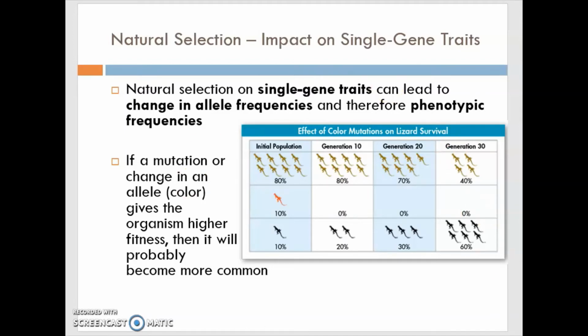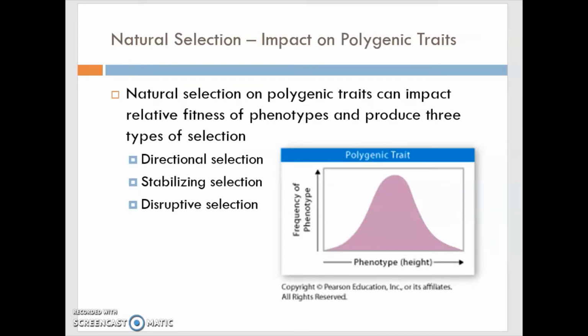A polygenic trait is a trait that is controlled by many genes. Whenever we look at this, we look at it as a bell curve. Normally it's a standard bell curve where most of the population is in the middle with the phenotype. But we have stabilizing selection, directional selection, and disruptive selection as three different pictures of how natural selection acts